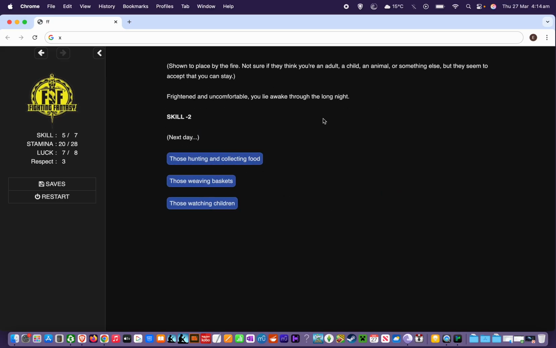Okay, so we get to this bit where it says you're shown to a place by the fire. You're not sure if they think you're an adult, a child, an animal, or something else, but they seem to accept that you can stay. And then it says, frightened and uncomfortable, you lie awake through the long night. Skill -2. Now, if you